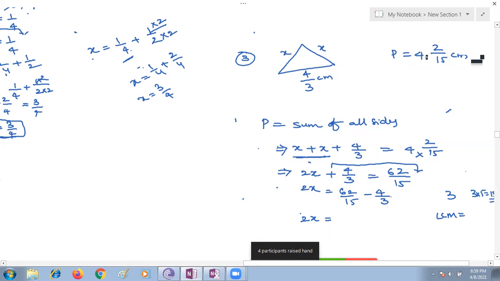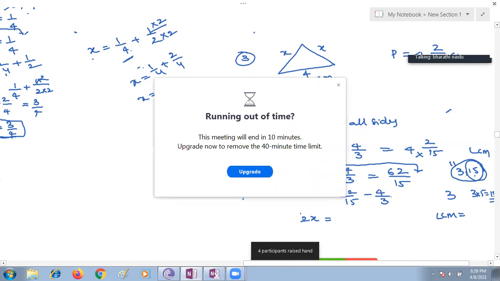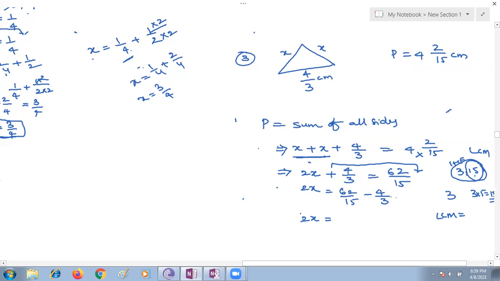15. For any two numbers, if one is a multiple of the other, like 15 is a multiple of 3, the greater number is the LCM and the least number is the HCF. No need to do the procedure, you can see and answer. Now the LCM is 15. In the first fraction, no need to change, because the denominator is 15, 62 by 15. And the second one, the denominator is 3; to make it 15, what number are you supposed to multiply? 5.